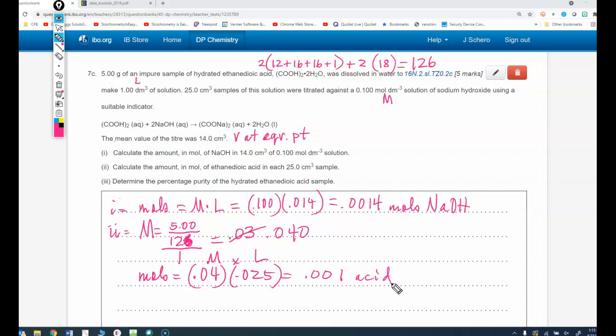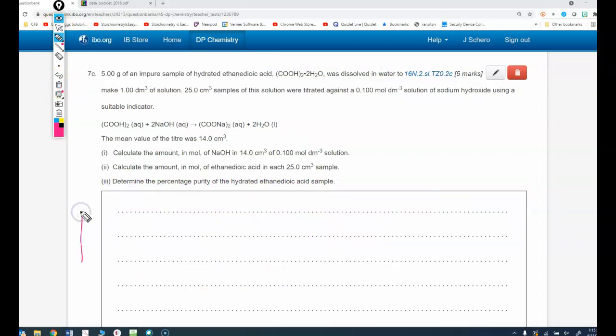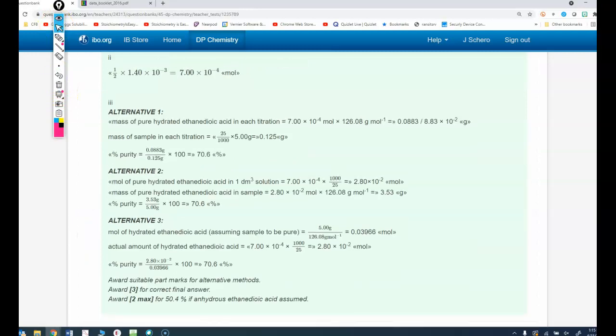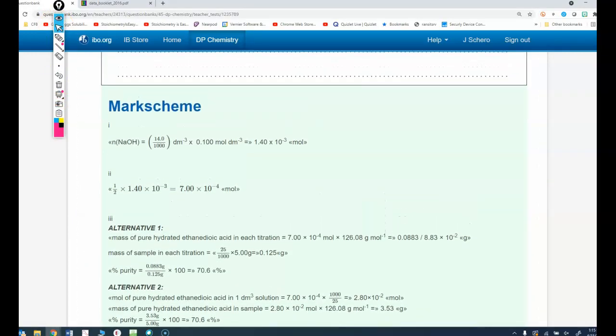Okay, and then it says calculate the percentage purity of the hydrated ethanoic acid. I think I took this part off of it. The percentage purity of the hydrated ethanoic acid. We're going to go down to the bottom and take a look at how you do that. So let's go ahead and take a look at the answers according to, okay, so we have,